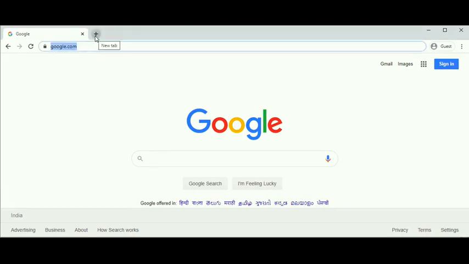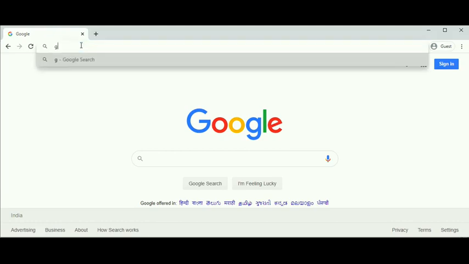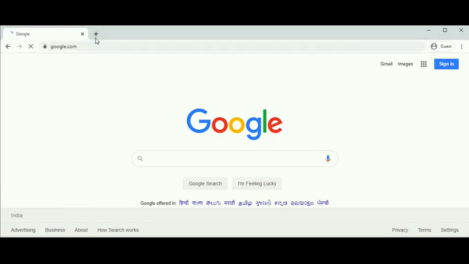There are three ways to create a folder on Google Drive and to share and collaborate. The first way is open a web browser and type there google.com. Press enter.